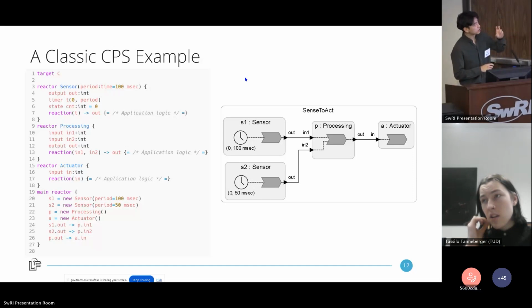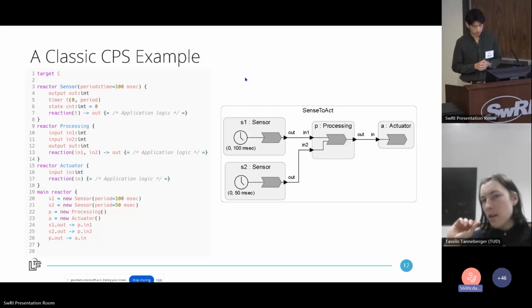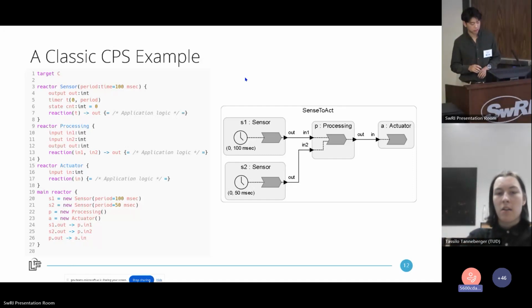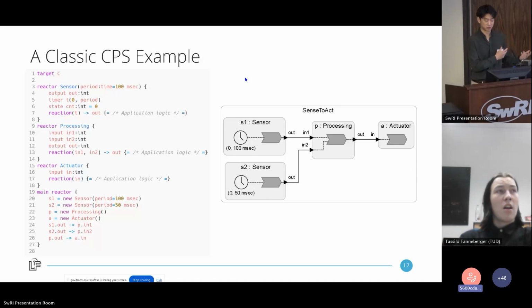And then you see an interesting looking bracket that starts with a curly bracket followed by an equal sign. This is where the target language comes in. Essentially, the user can write any C code within this bracket. And this is the application logic of our system. So if it's a sensor, you can use memory-mapped IO to grab sensor values from peripherals. This is where you do that. And we can do the same